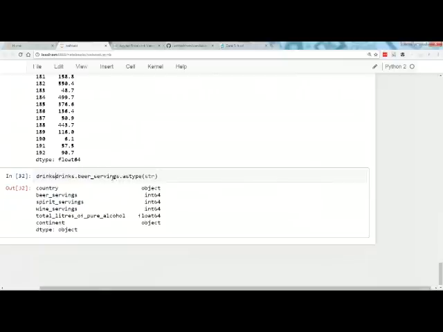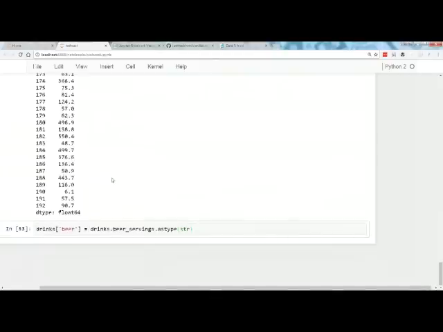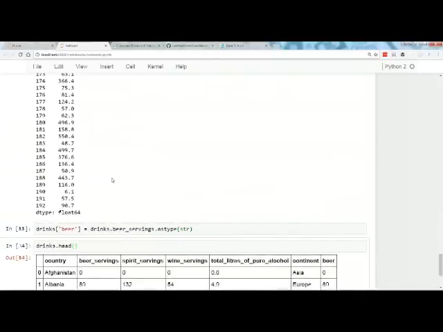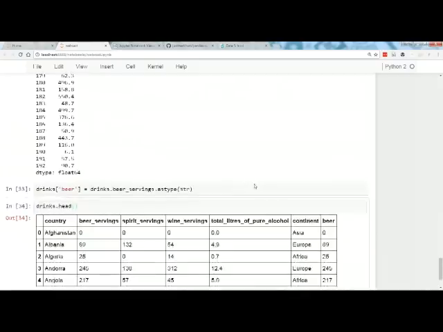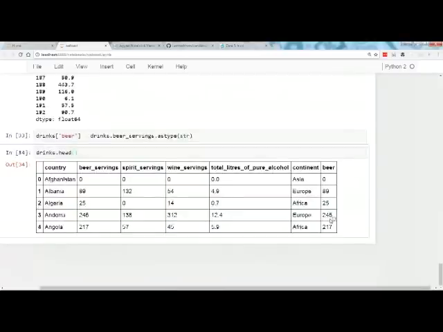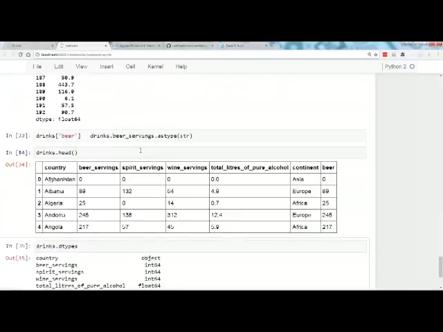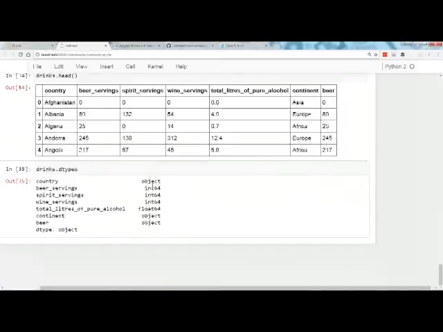And let's store it as just called beer, okay? Now we've got this column that looks like a number, but it's actually a string. So let's take a look at the dtypes. And it's actually object type, which is because it's a string.